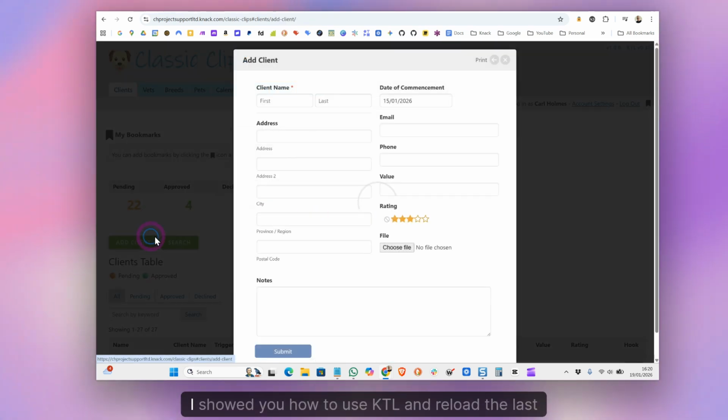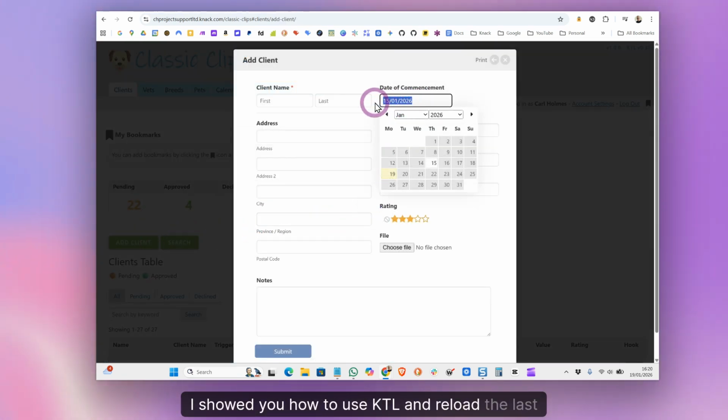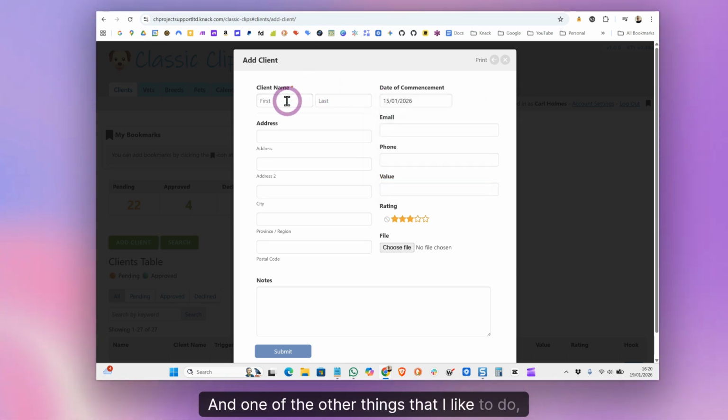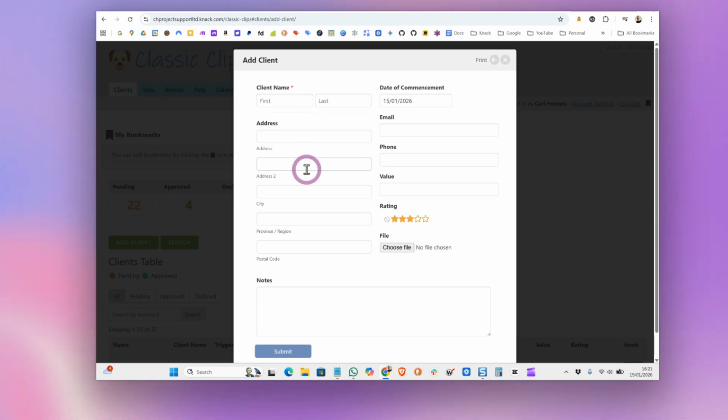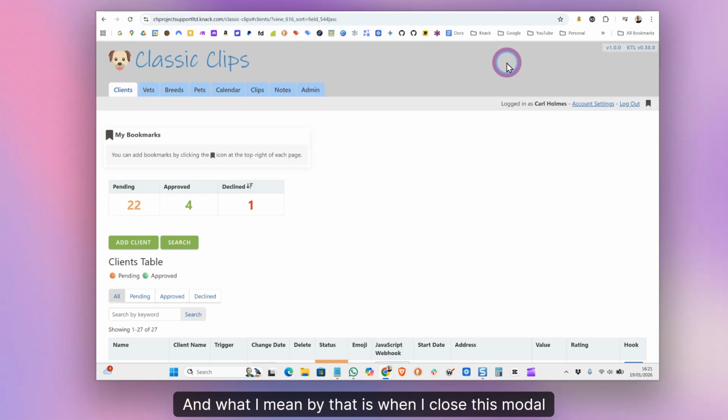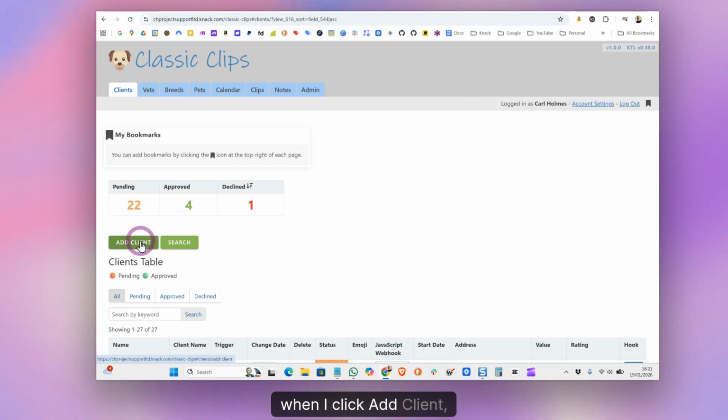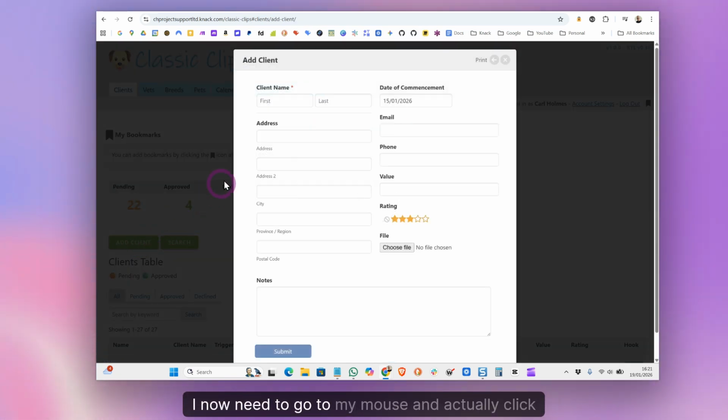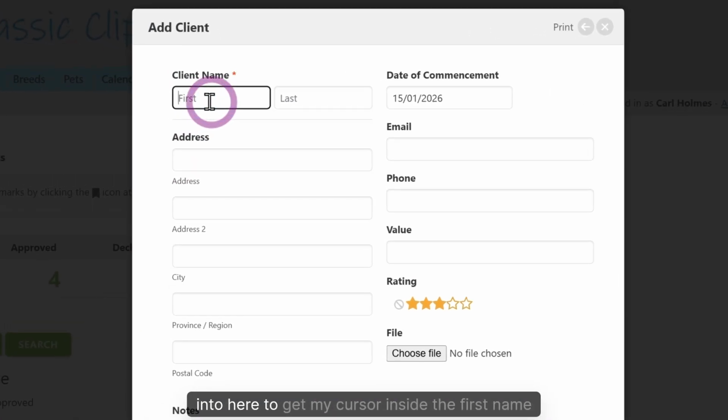In the previous video, I showed you how to use KTL and reload the last values, and that's great for speeding up data entry. One of the other things that I like to do, and it isn't a native feature in Knack, is to set the focus automatically when the form loads. What I mean by that is if I close this modal pop-up, when I click Add Client, I now need to go to my mouse